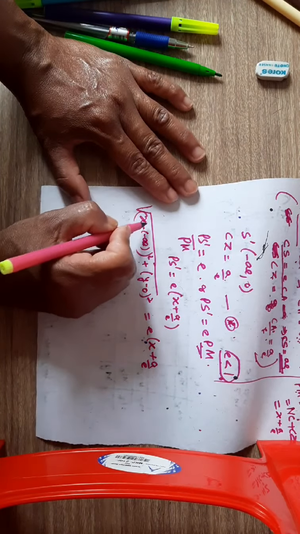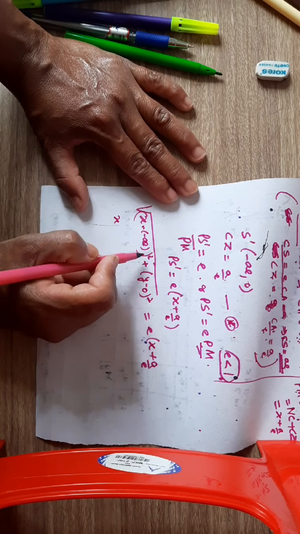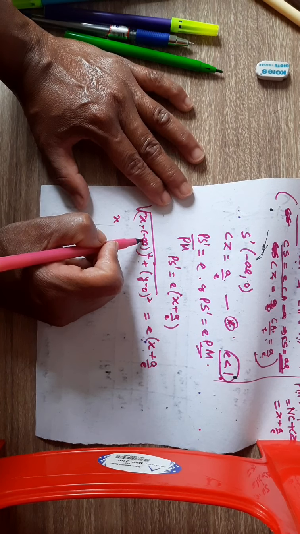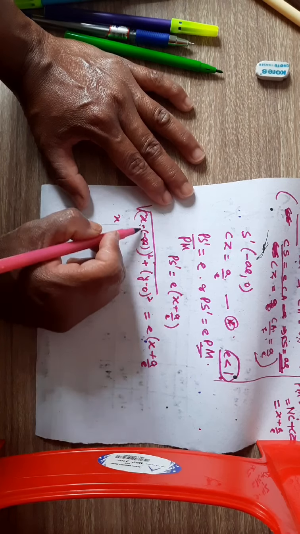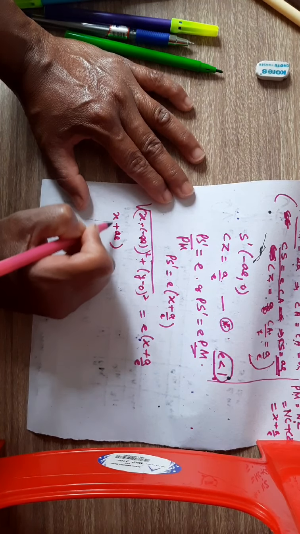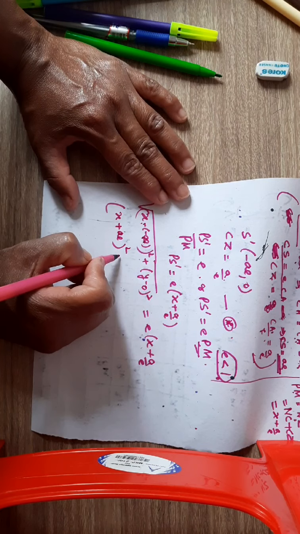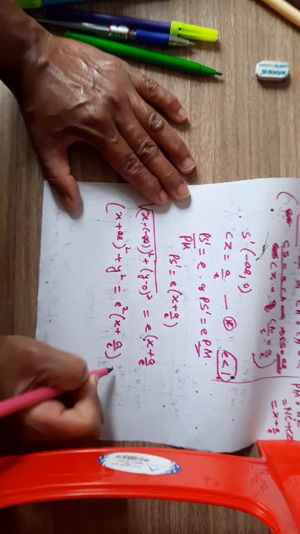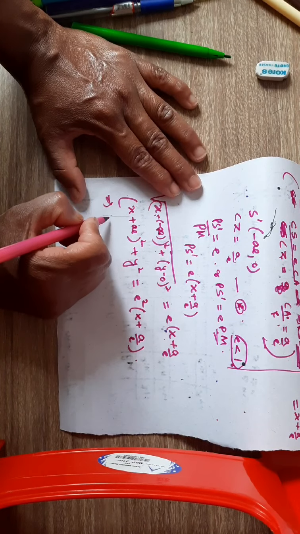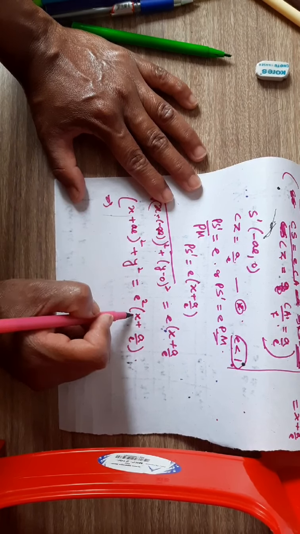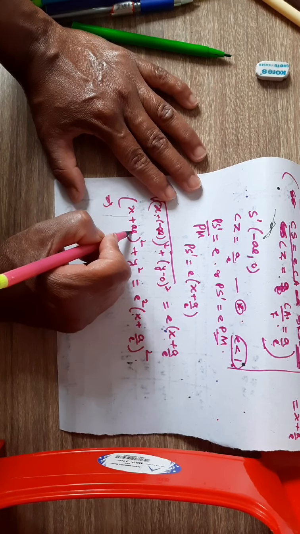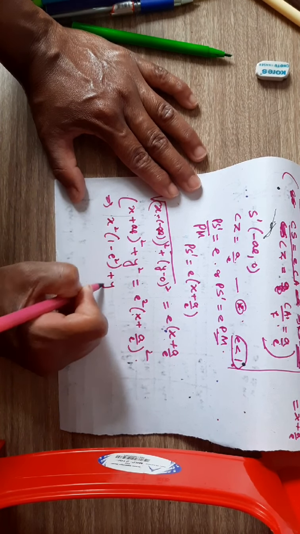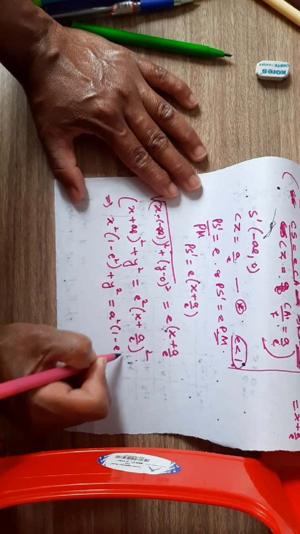So on squaring both sides, this one will remain as plus only, because minus ae, this minus into minus will be cancelled. So you'll get it as (x plus ae) the whole square plus y square is equal to e square into (x plus a by e) the whole square. So on simplifying this one, expand this side also, then bring it to the right hand side, then you'll see that you'll get it as x square into (1 minus e square) plus y square is equal to a square into (1 minus e square).